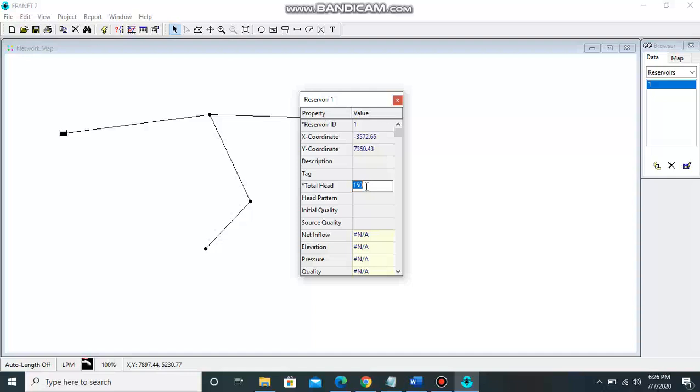So let's assume that our total head is 150. The unit of total head is in meters, because our flow unit is liters per minute. So total head is in meters. Next,